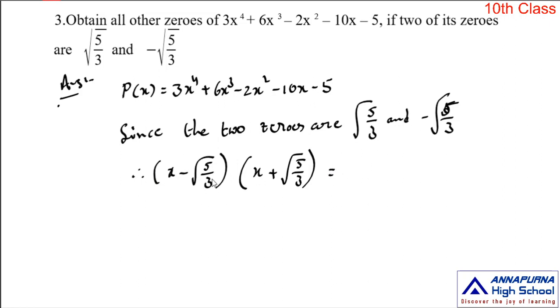So when you observe these two linear factors, they are in the form of (a plus b) into (a minus b). It is equal to a square minus b square, that means x square minus root 5 by 3 whole square. Square and square root cancel, it is equal to x square minus 5 by 3. Okay, so this is the product of these two linear factors, and this product is also a factor of p of x. Okay, how? Observe